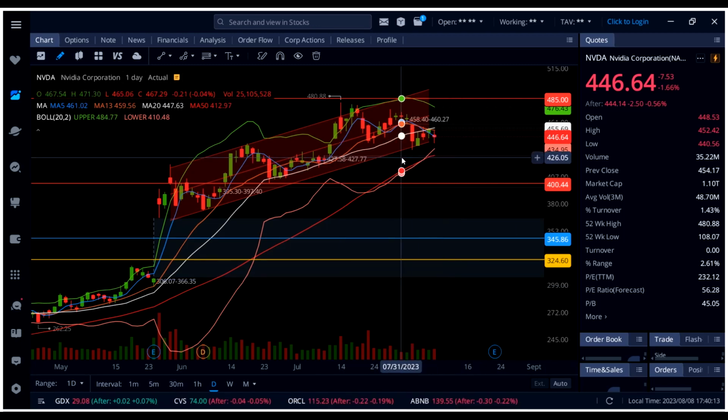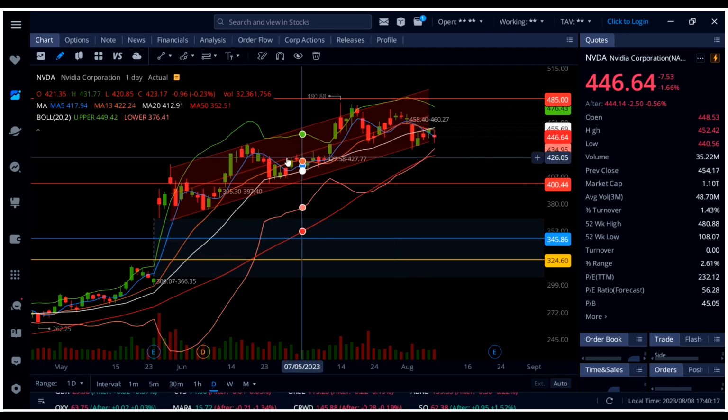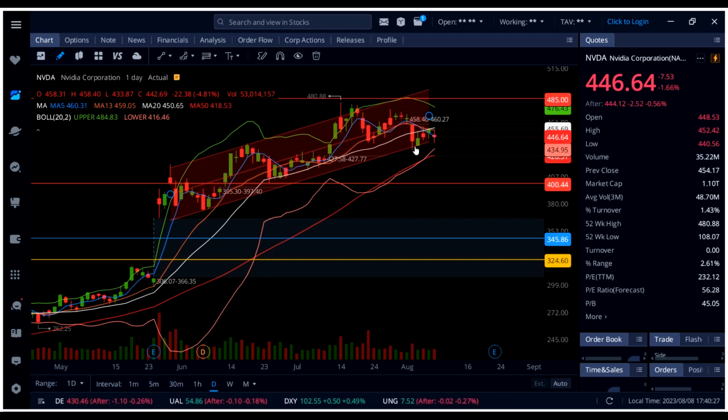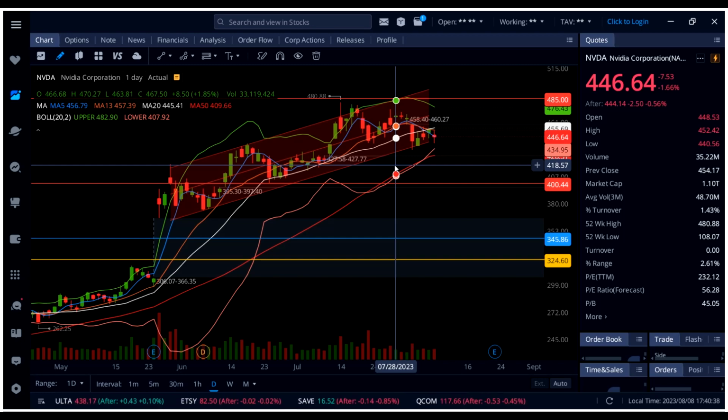So day trading is fine. You can make a ton of money on Nvidia buying the dip. And look at this. Every time this thing came down to 440, what happened? You saw an instant bounce, $5 to $7, in some cases even 10, 15 bucks. So if you're buying right here, that is good until the support breaks. Then you're going to see more downside, down to 435, 428, and then with earnings, we could see Nvidia coming down and closing this gap,